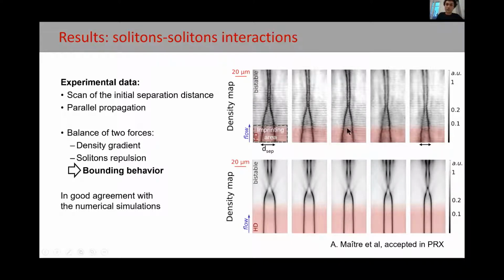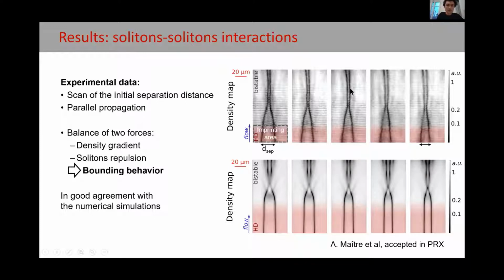Here, by following the flow, you can see that first the solitons tend to move closer to each other, before lining up at the same separation distance. Then, surprisingly, they continue to propagate parallel to each other. So we have no more oblique solitons, as was the case for the structural defect experiment.